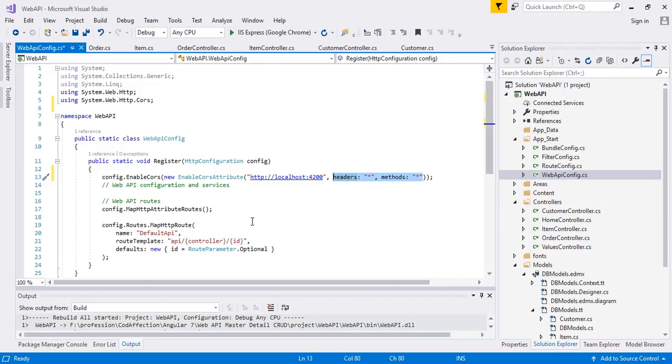Inside this WebAPI project, I want to make one more change. I want to disable proxy class creation in Entity Framework. It is used for change tracking and lazy loading in Entity Framework. I have seen few errors because of this feature. We don't need this feature to develop this application, so I will disable this feature. In order to disable this feature, we can open the DB context class here,